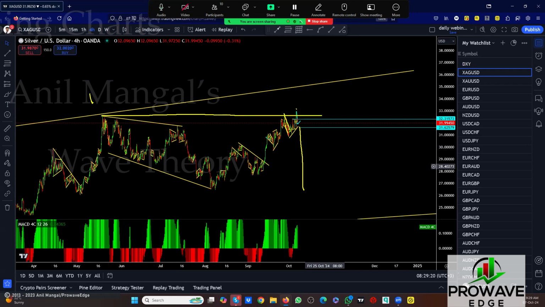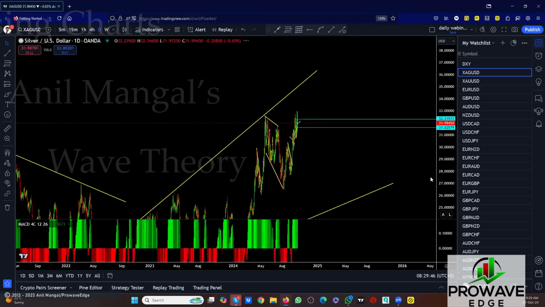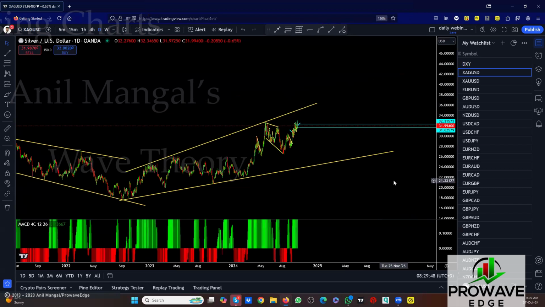Well, why is breaking this top important? Again, the same thing, the bigger pattern. So this could start a very big move down if dollar index goes up, or it could just come here, go back up one more, and then drop. Now, I keep saying drop because we're expecting it to drop based on the pattern we're in. And that means every sell setup you get from the top, you take.